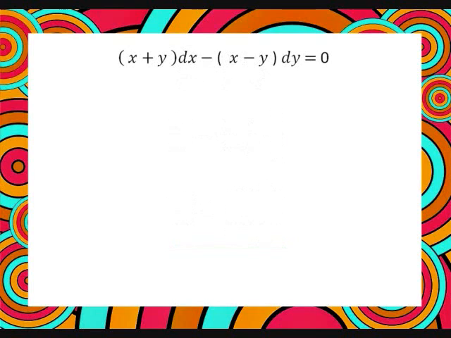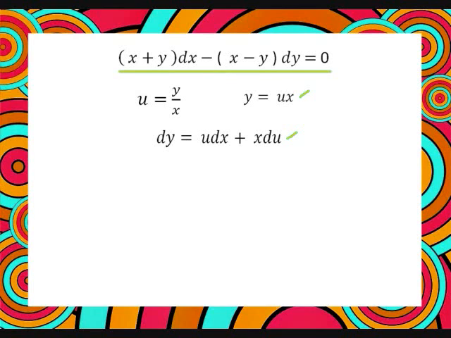Now back to our equation. We then proceed to our substitution, which is u equal to y over x. Another way of writing it is y equal to ux. The derivative of y equal to ux is dy equal to u dx plus x du. What we're going to do next is substitute these two